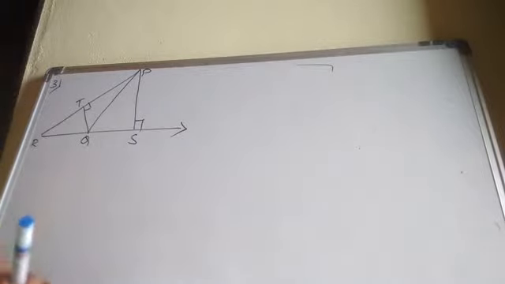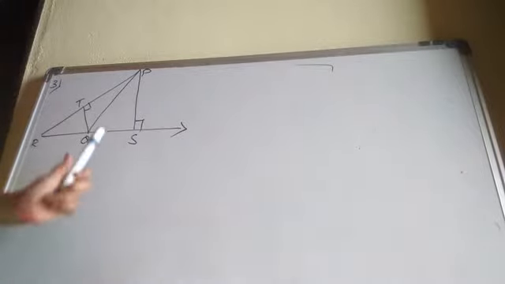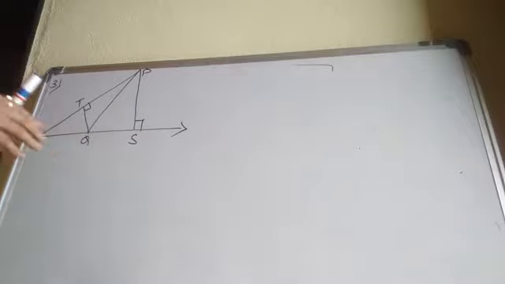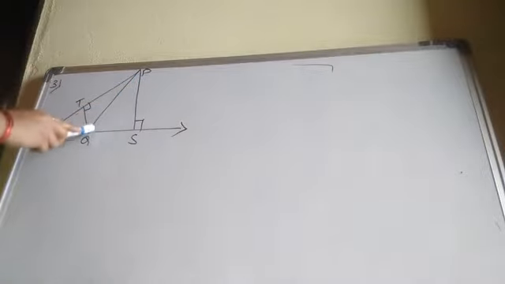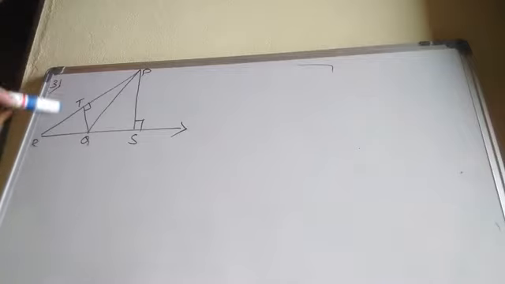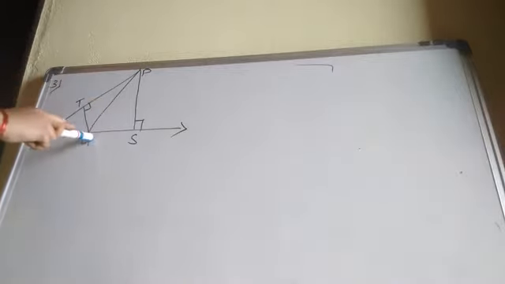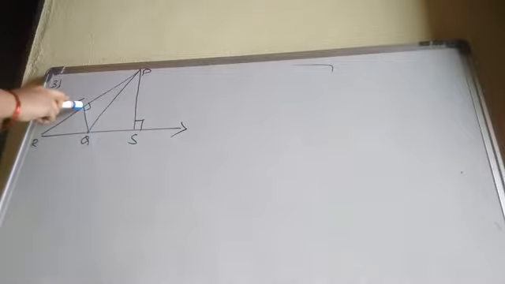Students, now coming to the third question. First I'll explain orally by seeing the figure. Our triangle PQR is the required triangle. In that we are given two heights. One height is outside the triangle. It is an obtuse angle triangle. See here, TS is perpendicular to RQ and QT is perpendicular to TR.